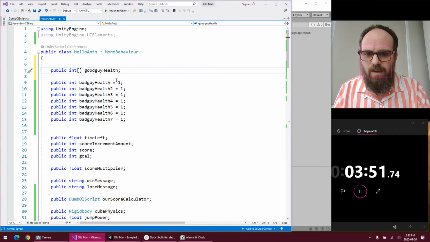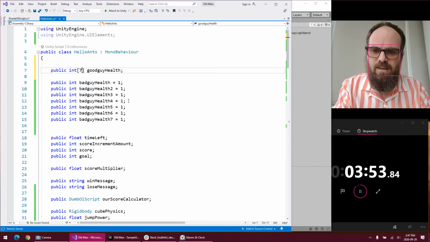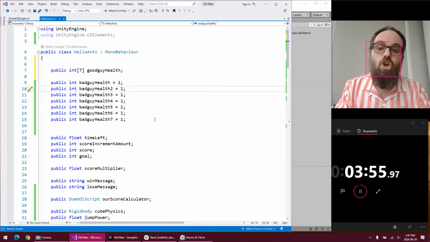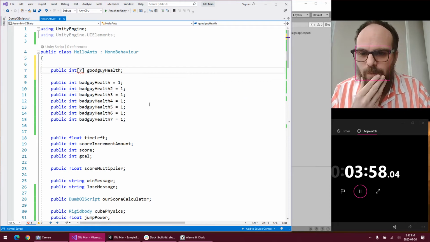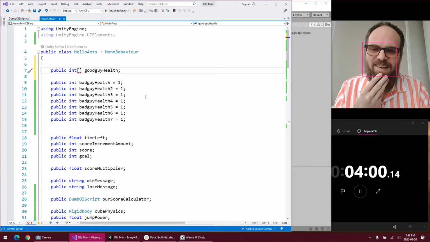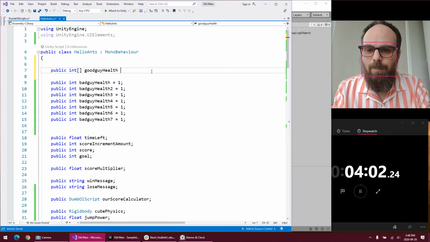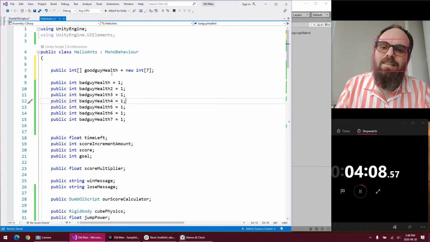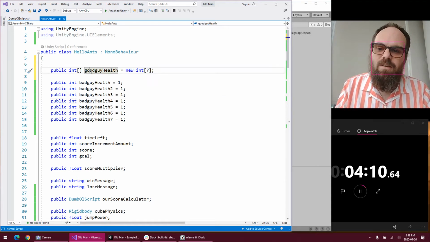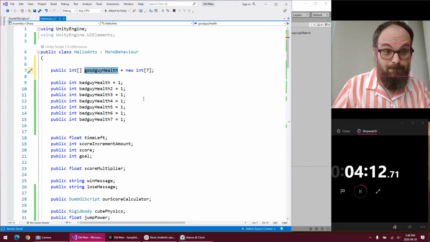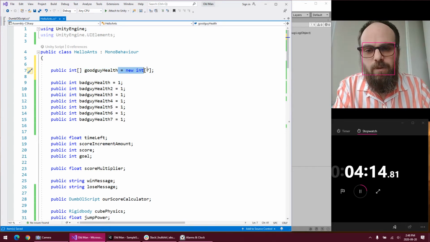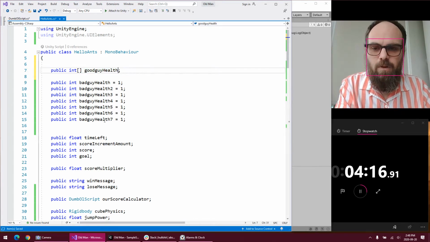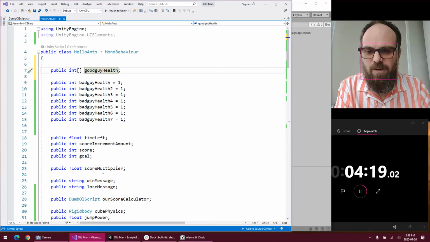And what do we have? We have 7 bad guys, so we could put a little 7 in there. And now we know we have, oh wait, can we put a little 7 in there? No, we can't. I was lying. You put it on that side, like that. So that's saying that we have 7 good guy healths, right? But if we don't define this here, like we don't define any of these other variables down here,